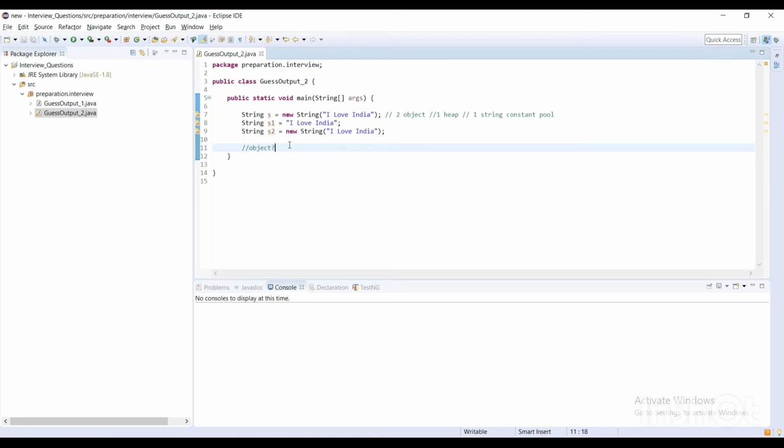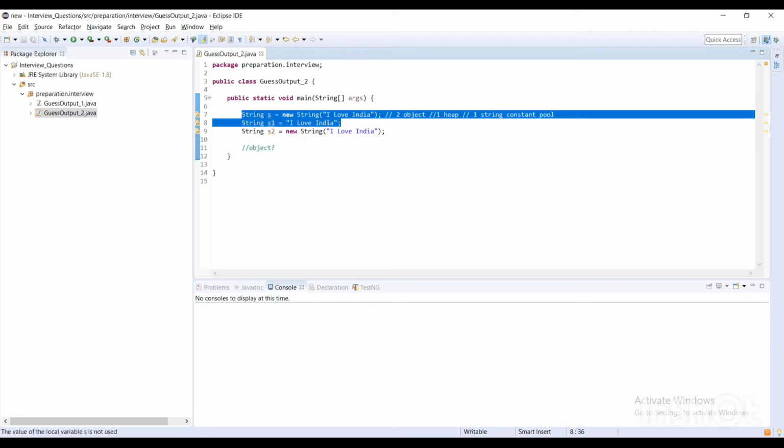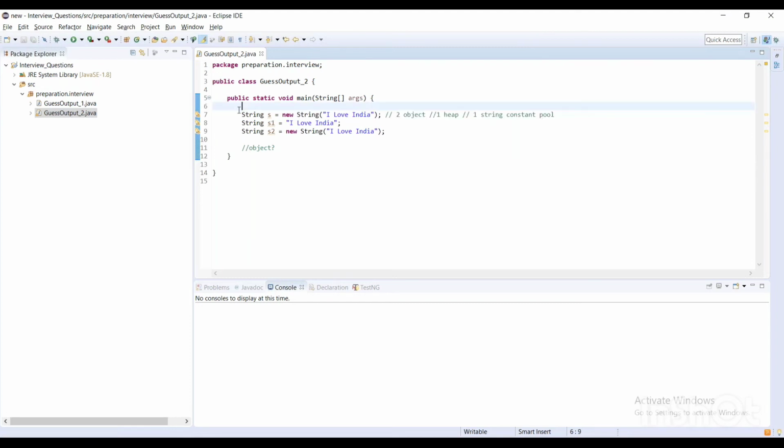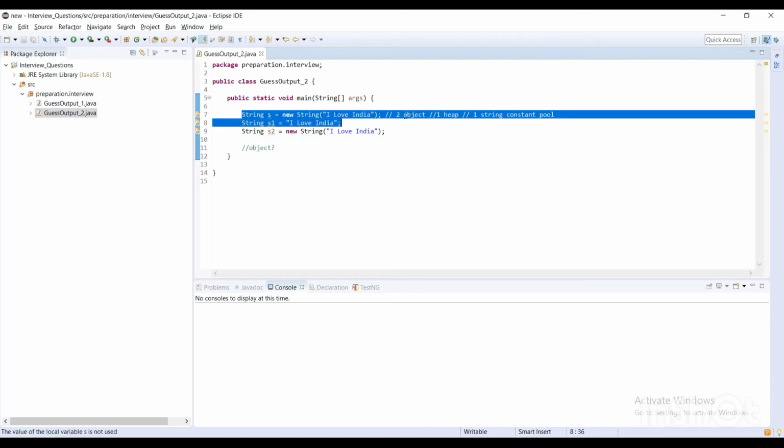But if you are just referring from somewhere and just telling them that these two lines, or maybe one line, will create two objects only, then you will probably not be able to answer this question. So here it will create three objects. How? Because the two lines create only two objects.